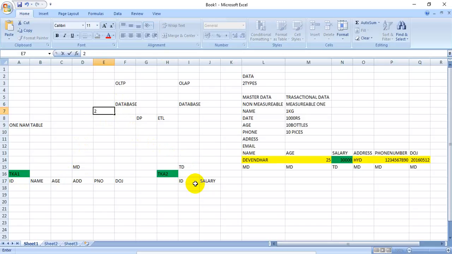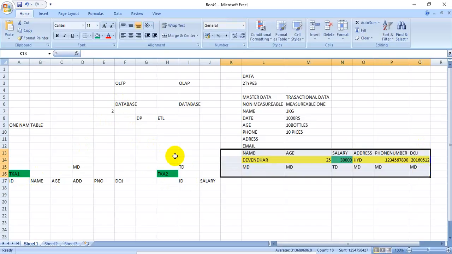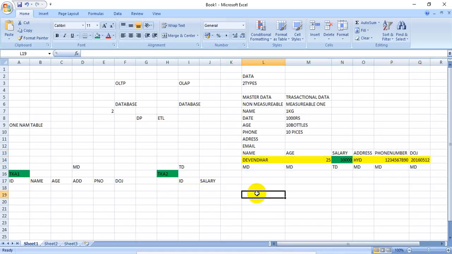Now you will ask why we made these two tables different. Why don't we keep everything at a single place? Why are we dividing it into two tables, one for master data and another for transactional data? But I will explain the reason. See,